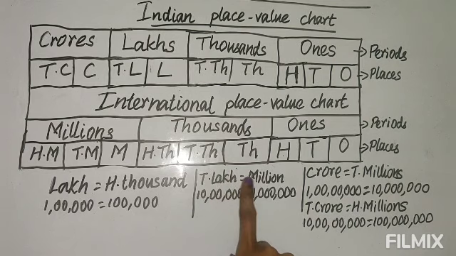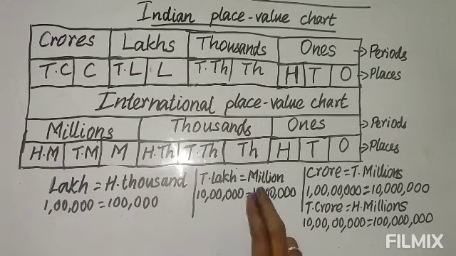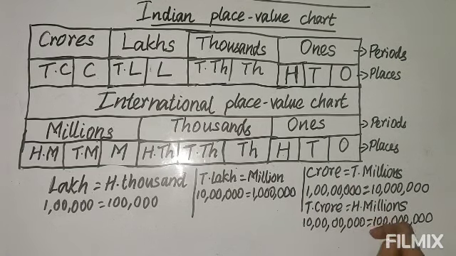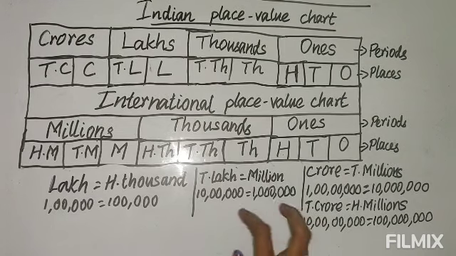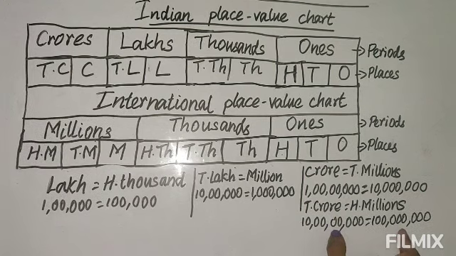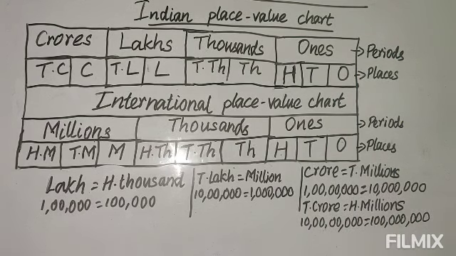So lakh, 10 lakh and million is same. You can count the zeros and find the value is same. The values are same. Only the placing of the comma and the way of calling depends upon the place, in India and outside. Again, crore and 10 million both are same. 10 crore and 100 million both are same. So you must know this. This can be asked in the questions, which are equal, comparing Indian and International Place Value Chart. To find how it is equal, just count the zeros. The number of zeros will be equal, so both the values are same.